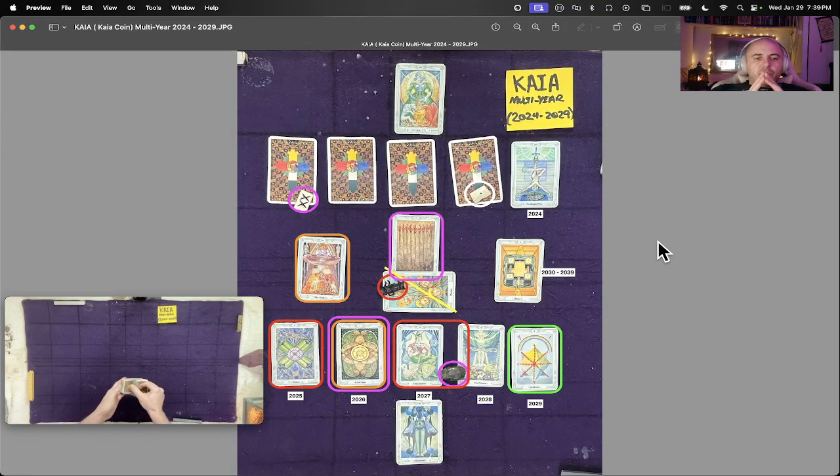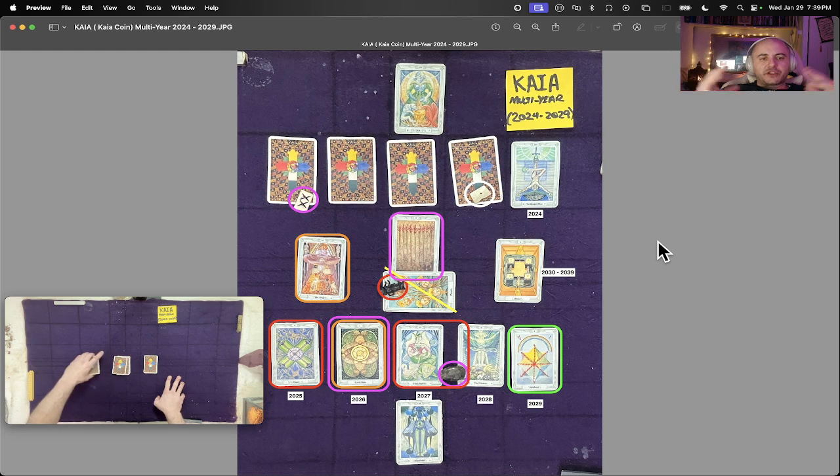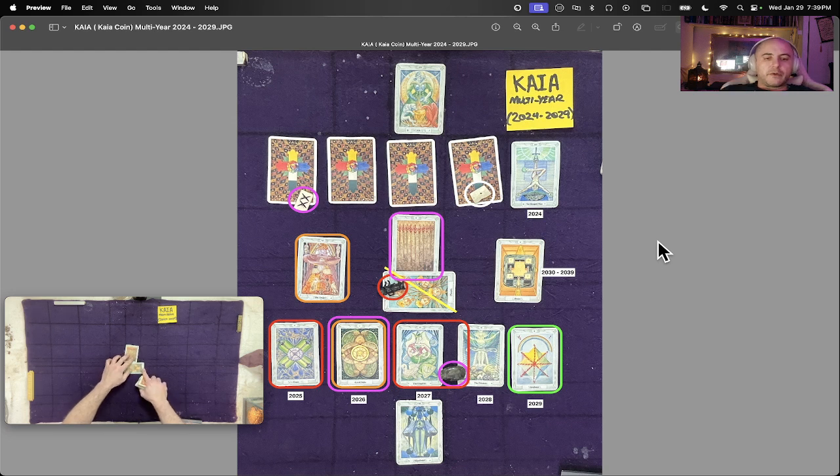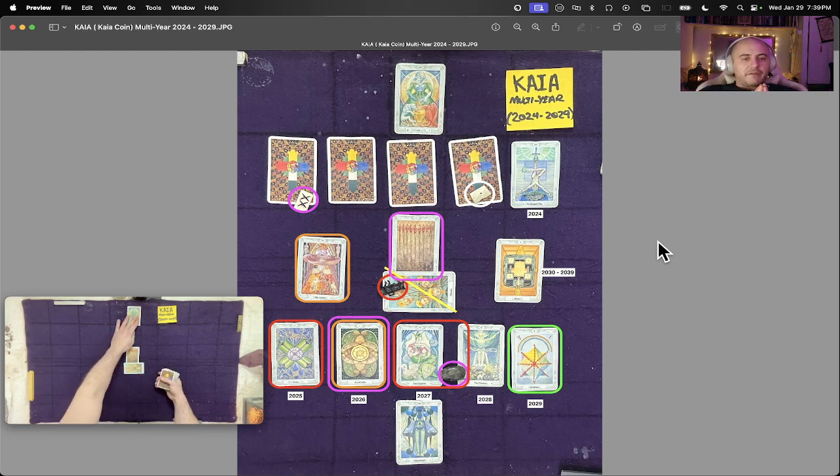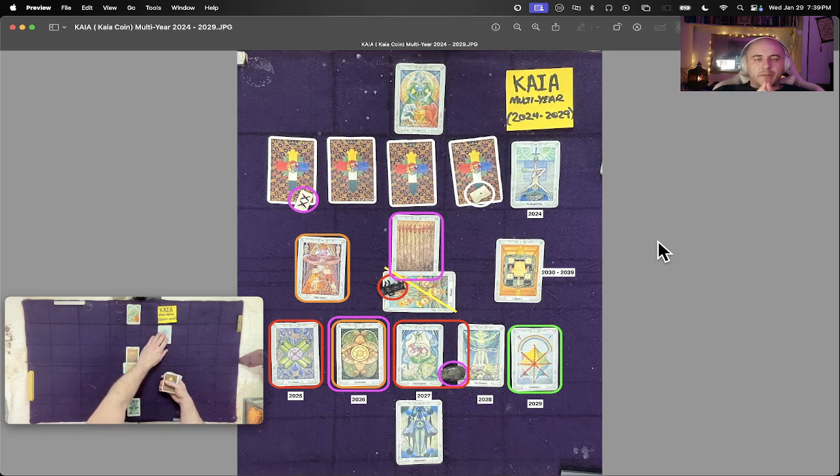So if you're new to the channel, we're going to go over the general theme for the period of time 2024 through 2029. We're also going to give you information about the chart behavior around the highest high for that multi-year period, and the same thing, chart behavior around the lowest low. And then we'll get into the year-by-year chart behavior for you. It's important to understand that we're predicting the sequence of chart events. The timing is usually on point to the year, but with the multi-year reading, it can be as much as plus or minus 2 years of wiggle room. It's the sequence of chart events that's most important to follow. So make sure you understand that, guys.